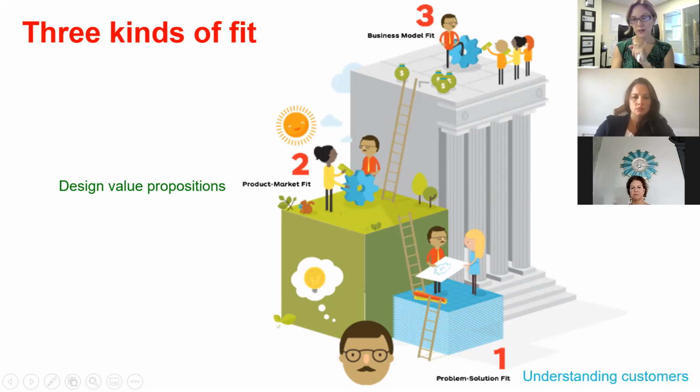So in the first one, the problem solution fit is when you understand your customers. In the second one, product market fit is when you design a value proposition for your customers. And in the third one, business model fit is when you find the right business model, the whole company